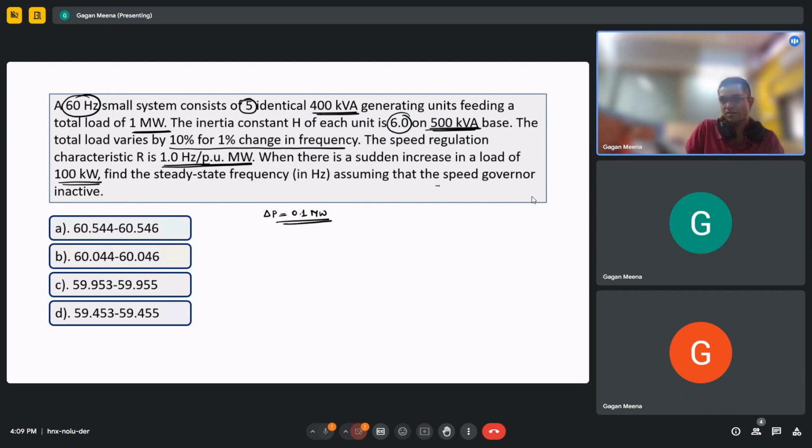Assuming there is the speed governor in it, that means 1 by R. We have to assume that there is no governor. That means you have to only consider the effect of D, the load sensitivity. So here, first of all you have to find what is the system base MVA. So system base MVA here is